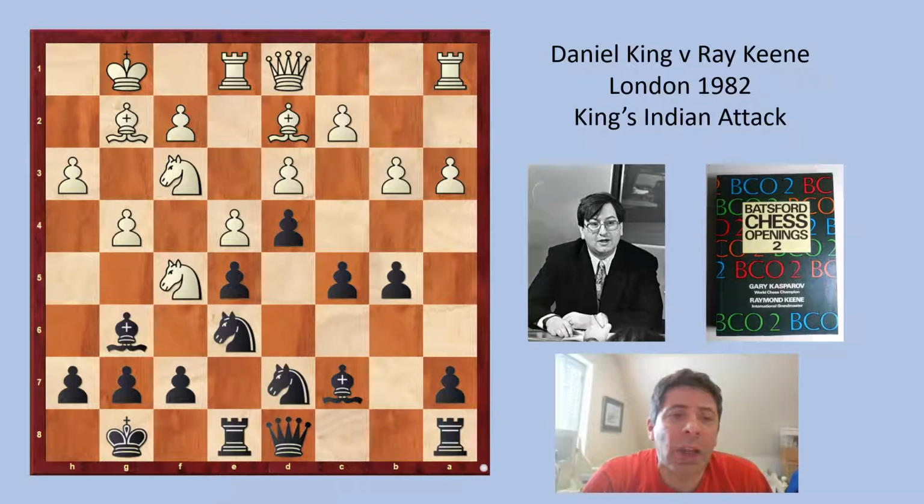So black now starts to centralise his knight. There's a little bit of sort of bluff going on here, a little bit of chicken going on, as the players are debating which side of the board they will be active on. But now the knight has withdrawn,